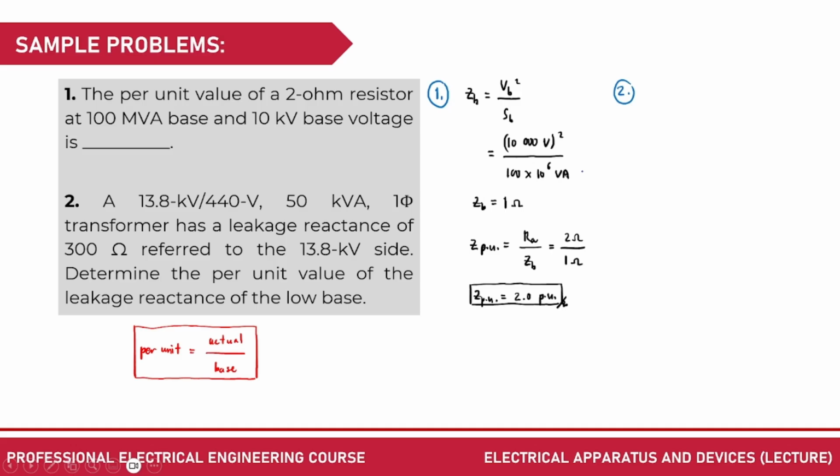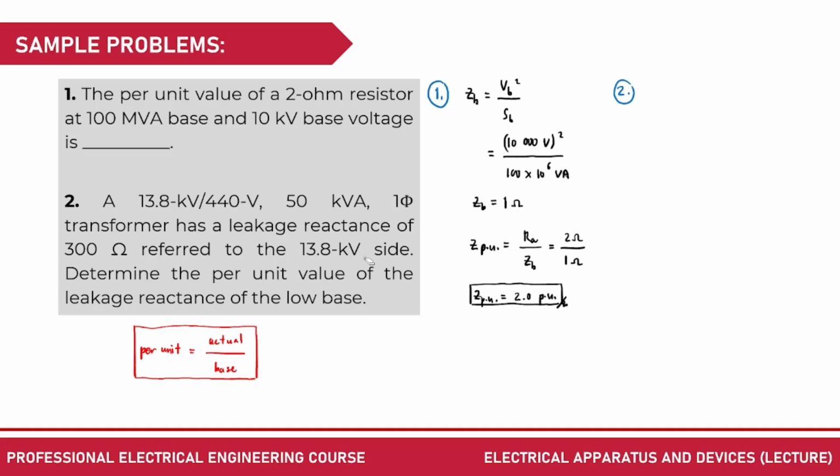Okay, number 2. It says there that a 13.8 kilovolt down to 440 volts, 50 kVA single phase transformer has a leakage reactance of 300 ohm. For this part, we know that this should be positive J 300 ohms. But of course, for this problem, we're only pertaining with the leakage reactance, so putting J is not necessary, because it doesn't mix up with the resistance or anything that is in real value